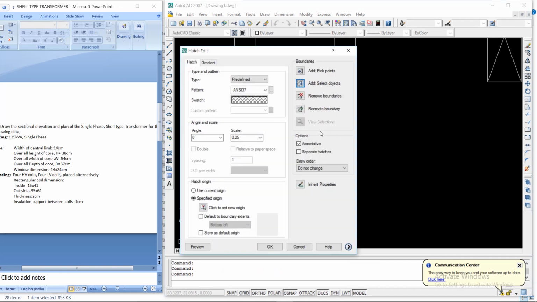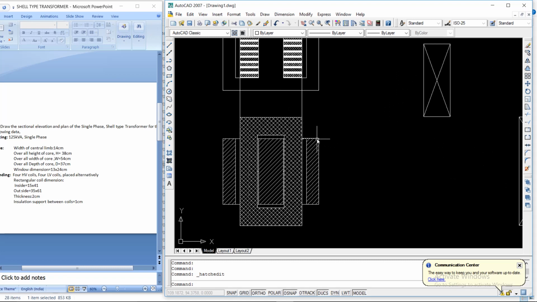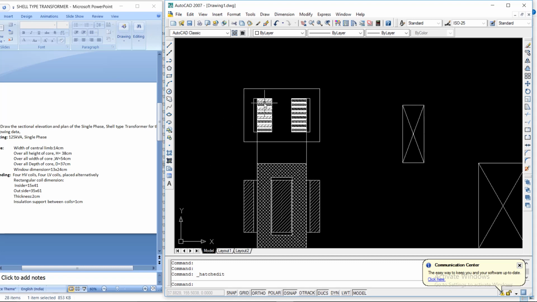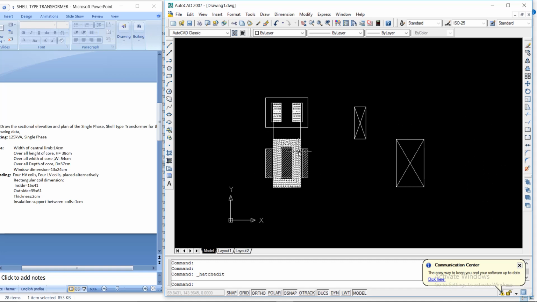So this is the hatching of the coil. I will change this scale to 0.5. Now it's a complete sectional plan of the shell type transformer, and this will be the elevation of the shell type transformer.